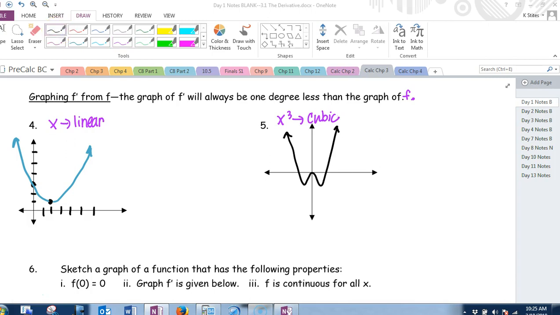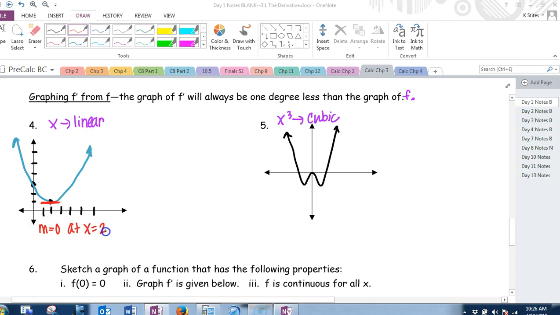So here's the key thing here. You are taking this graph and you are looking at its slopes, and then you are going to graph a representation of the function's slopes. Okay, so you need to examine the slopes of this parabola. The big thing you want to look for is any time a slope is 0, and that's going to occur at the max or at the min. The reason is because if you were to draw a tangent line there, your slope would be 0. Okay, so that's the first thing I would do. So you can see the slope is 0